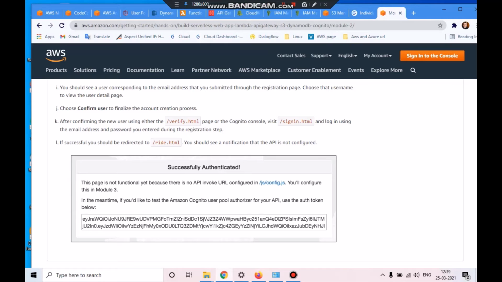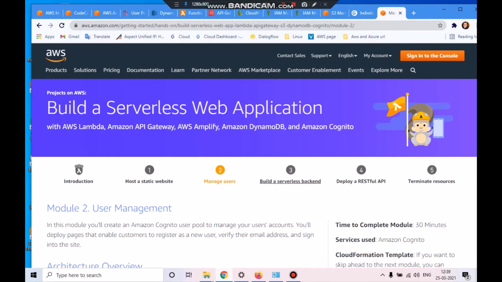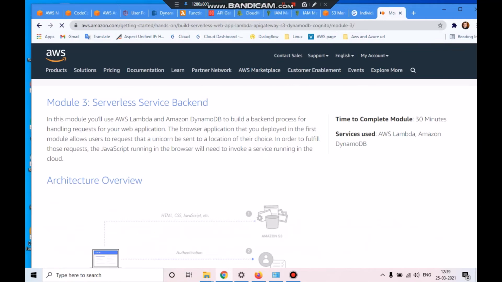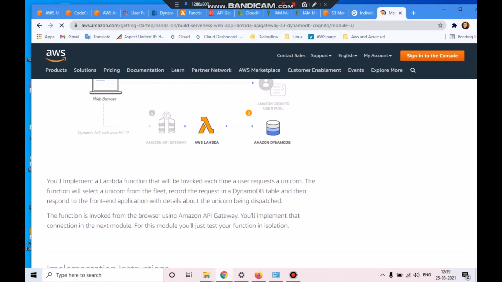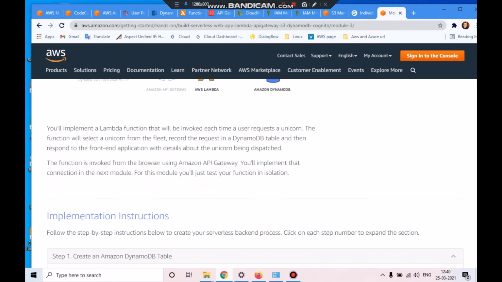Okay, moving to the third part, building a serverless backend. Here what we're creating is a DynamoDB table and Lambda functions.